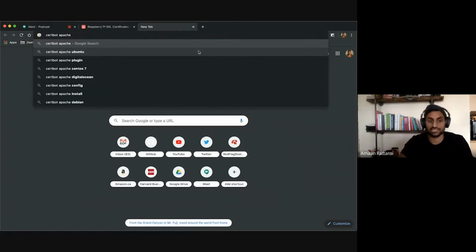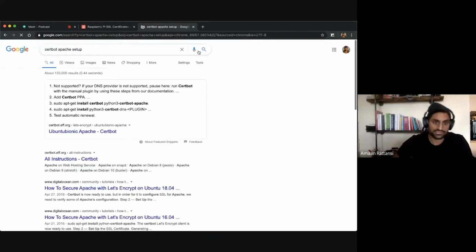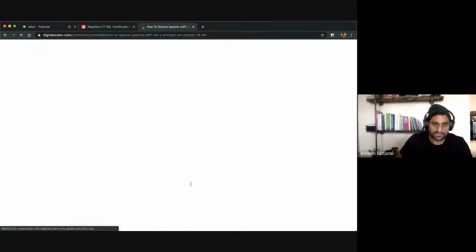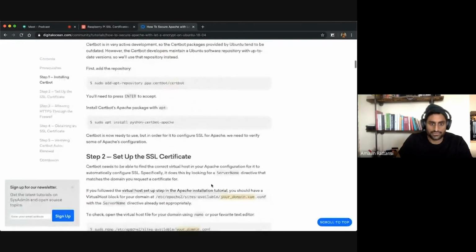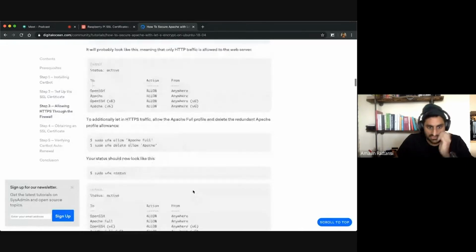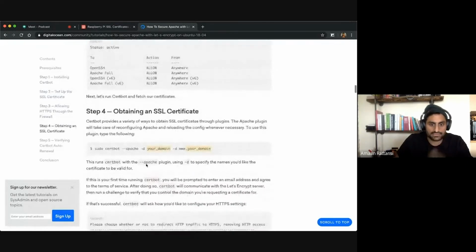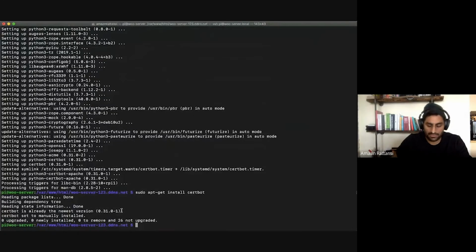Certbot, Apache. So I have Certbot installed now. I'm just looking for the command to create the SSL certificate for our site. And it's right here. So maybe this, and then our domain is